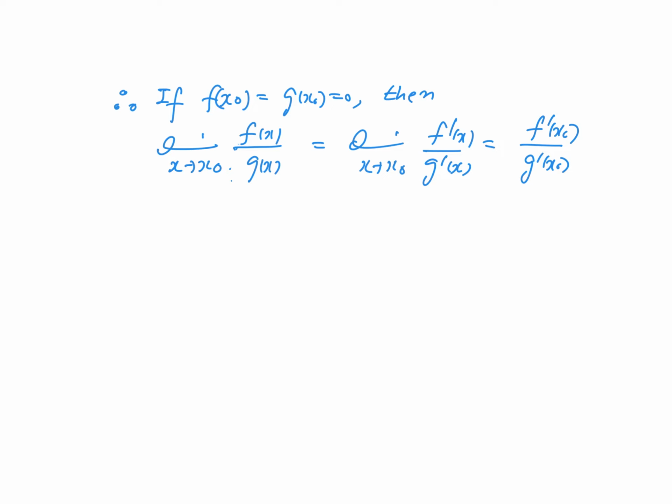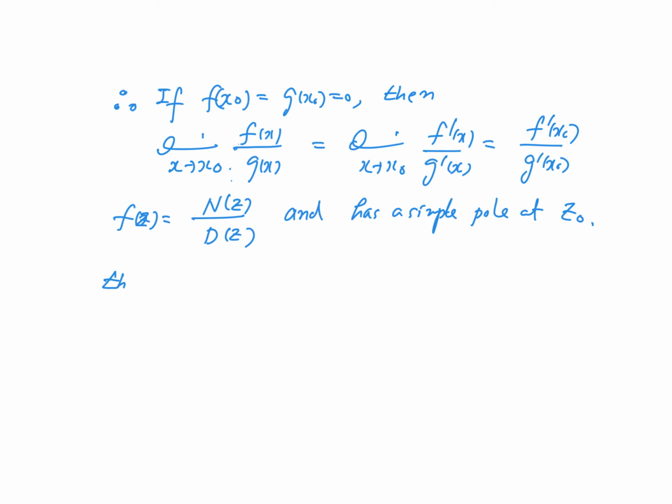And in some cases, this L'Hopital's rule can be used very wisely. For example, if f(z) is N(z) over D(z) and has a simple pole at z0, then the residue at z0 is simply